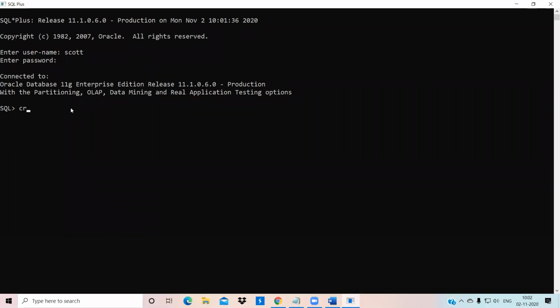Now, create table STD (student), followed by SID number of 20, primary key.